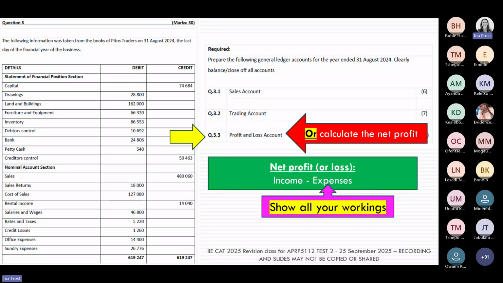And of course, if you're doing any kind of calculation, you are going to be sure to show us your workings. Okay, I can't overstress how important it is to show workings. So send me a quick thumbs up if you're going to be showing workings in the test.